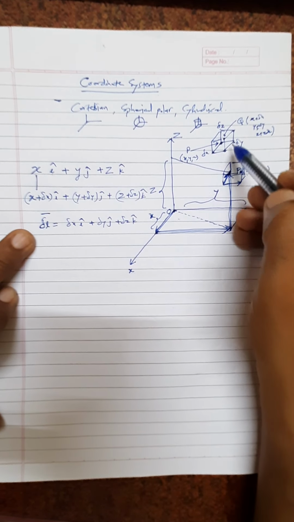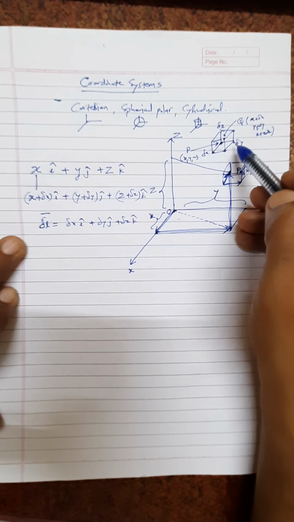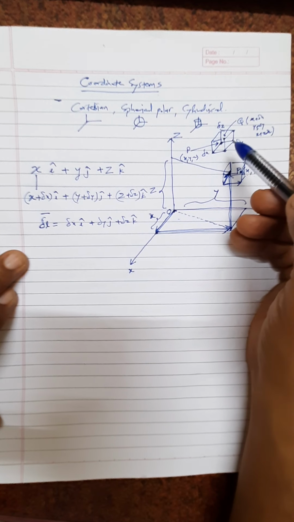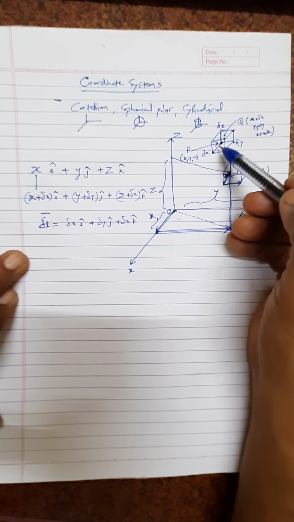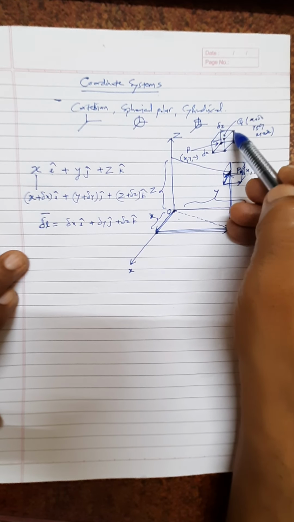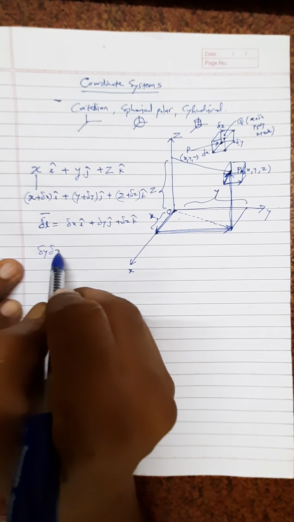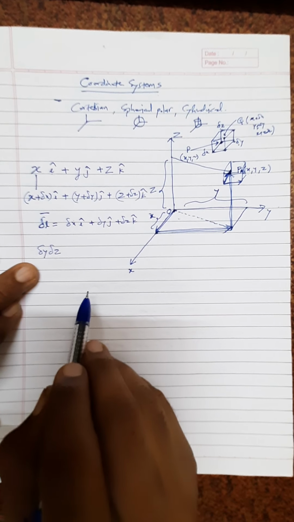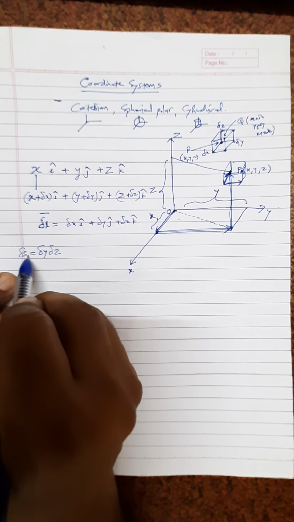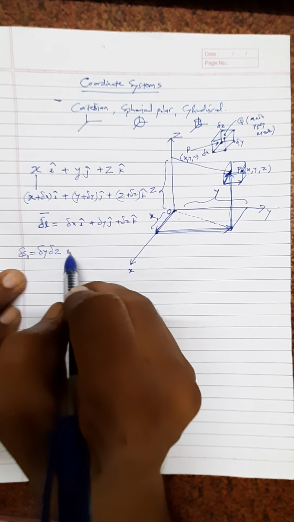If we observe this, then there are in all 1, 2, 3, 4, 5, 6 different surfaces, and therefore I cannot write a single surface element in Cartesian coordinate system. But typically if I think about the surface element along x axis, then there are two possibilities. One, the surface in yz plane, and therefore suppose it is the surface delta y delta z. Remember that surface is a two-dimensional quantity, therefore I will have to take a product of two length elements, and this can be treated as delta s1. Therefore delta s1 can be written as delta y delta z, which is along i cap.